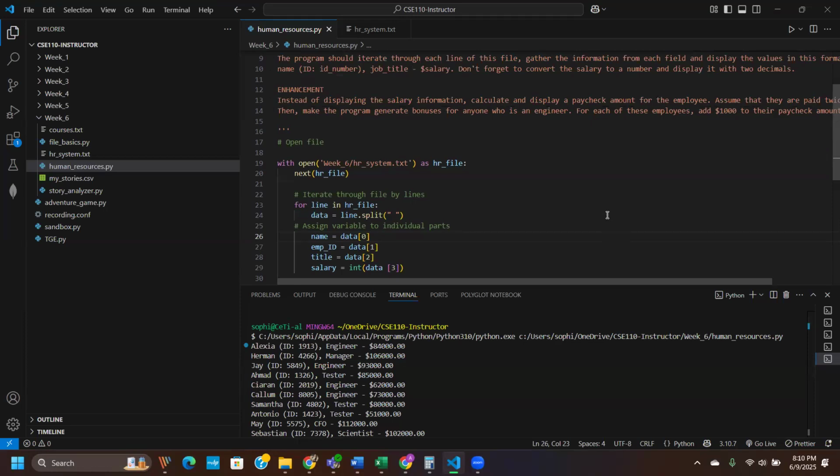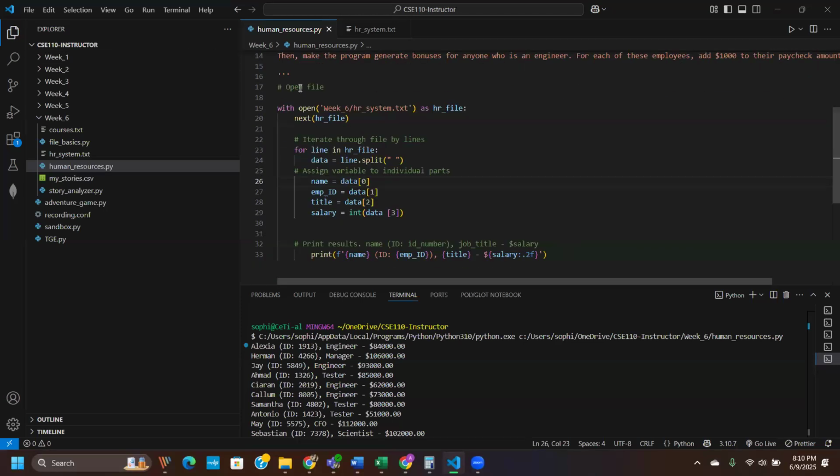Okay. So this was the basic part that you had to do, but there was an enhancement. So look at that with me, please. It said instead of displaying salary information, calculate and display a paycheck amount for the employee. Assume that they are paid twice a month. Then make the program generate bonuses for anyone who is an engineer of $1,000 to their paycheck amount. So the first thing we need to do is